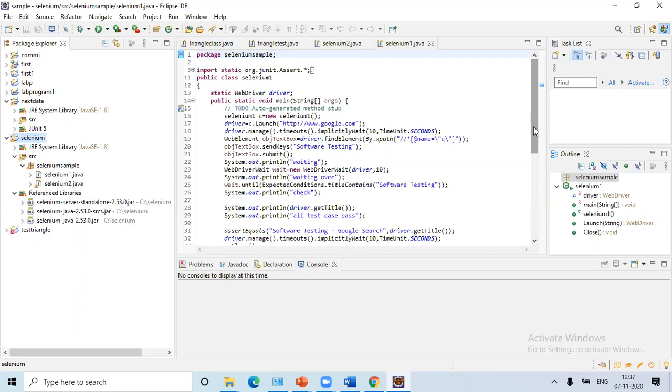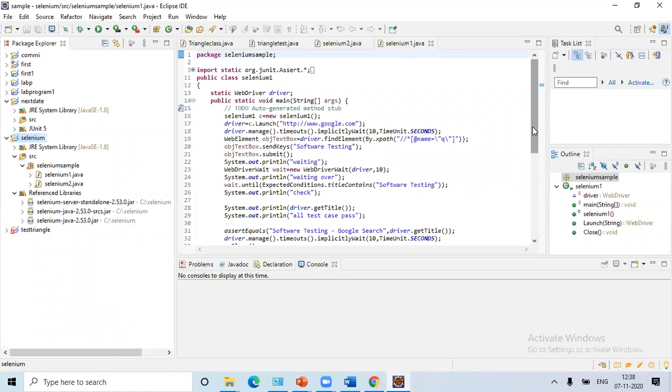So for that purpose, we are using this. Here I'm going to open a google.com page, and then give software testing as input. Something should be displayed, that means whatever results there are in Google should show, and then I have to close it. That is my application. Whatever I told you, newhorizonindia.edu, you just try in your lab.